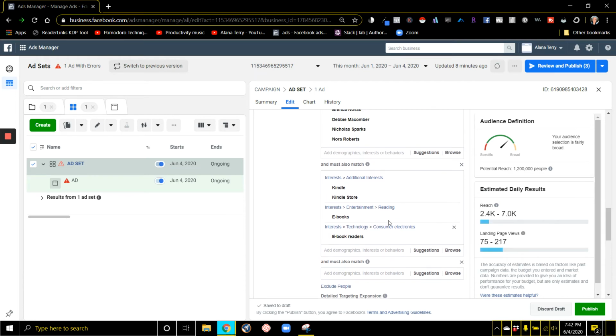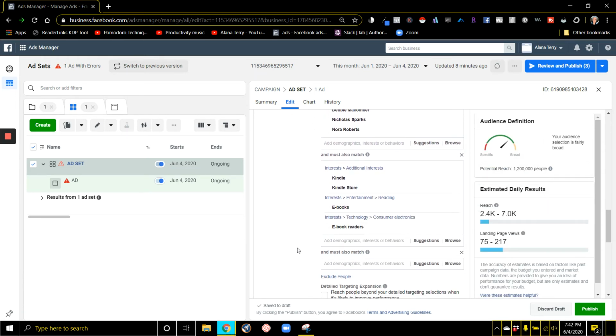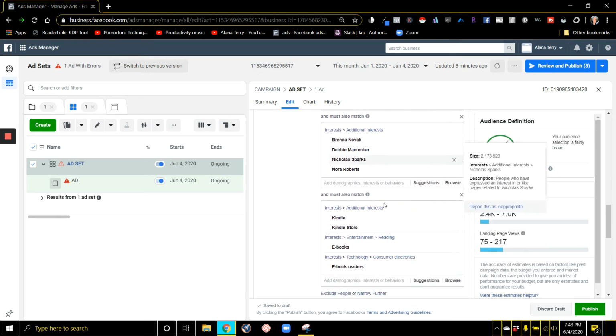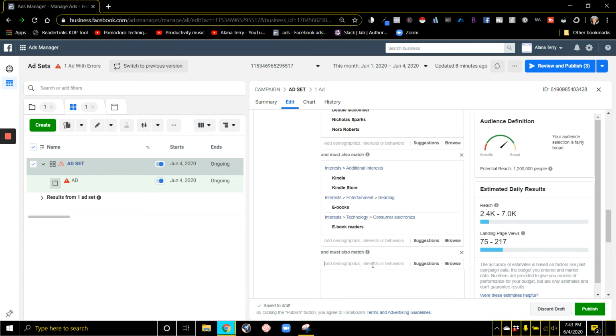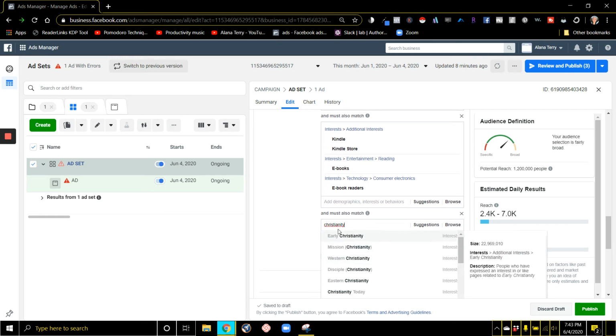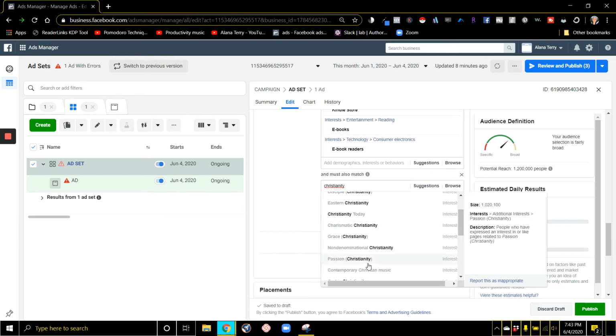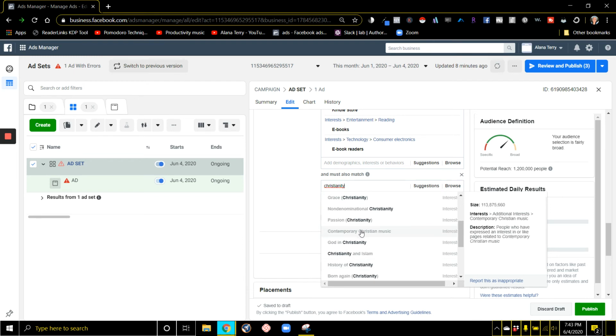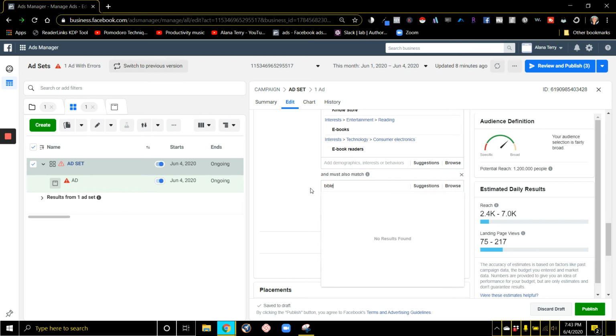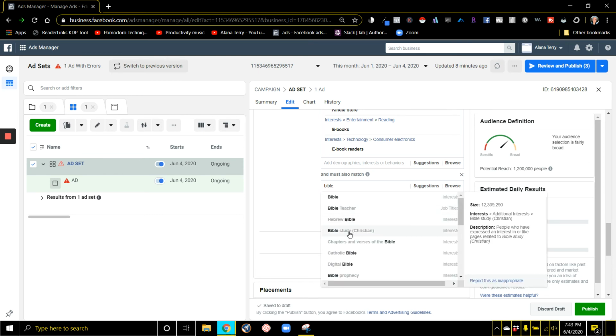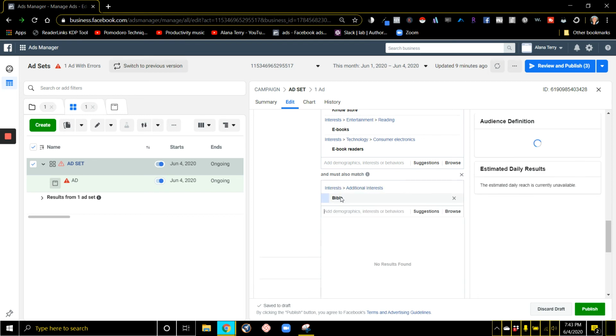You don't have to, you could run it like this, but if you felt like narrowing even more, you could add another section here. For example, I have a lot of friends who write Christian romance. And so if I were creating an audience for them, I might use all of these things and then narrow it further for people who also have some type of interest in Christianity. Now, you can't target people who are Christians. That's not something you can do, but I could target people who listen to Christian music maybe, or people who get interested in Bible studies, or here I could just do Bible.